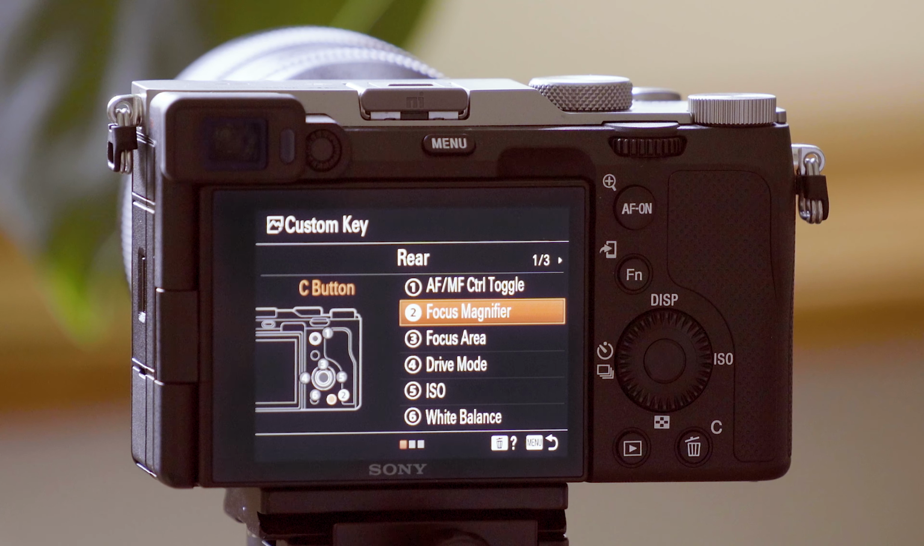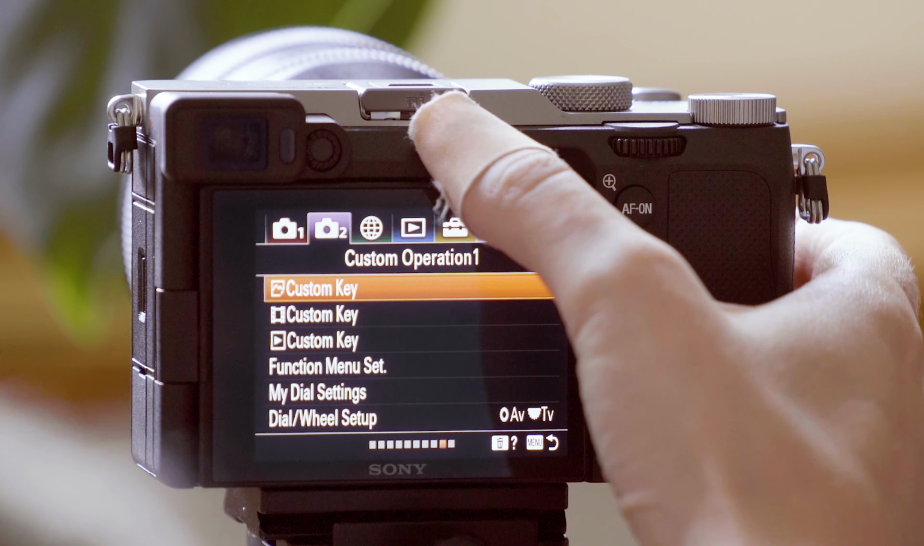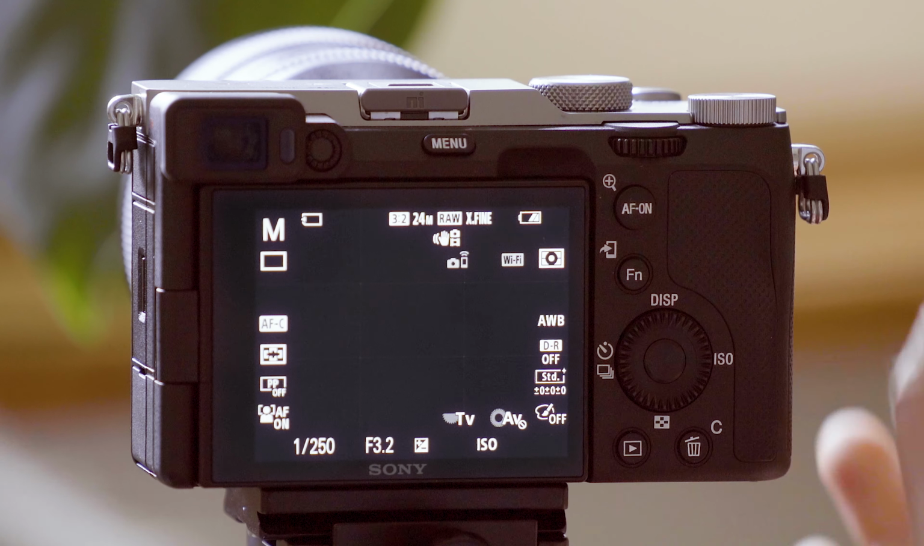To be able to use the focus magnifier while taking photos, you need to make sure that you have your focus mode set to AFS, so single autofocus. Since I use my A7C mainly for videos, I've nearly always set it to autofocus continuous, but that's not a problem at all because I've set the shortcut for the focus mode in my function menu on the back of my Sony camera, and I'll just show you quickly how I can change that very easily just from the back